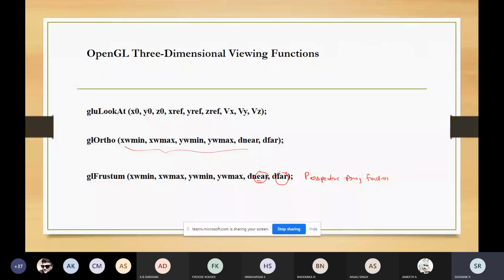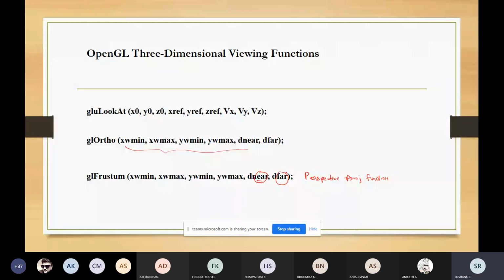The first four parameters, x window minimum, x window maximum, y window minimum, and y window maximum, are talking about the clipping parameters. They are the coordinates for the clipping window.